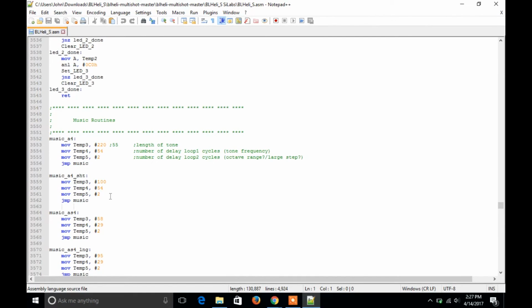Alright, so now I've jumped up here to line 3547 in the code, and these are the music routines. There are comments in here for these registers, the temp 3, temp 4, temp 5: the length of the tone, the number of delay loops, so basically the frequency, and then the octave or range. These different routines are the notes that you can call from one of the routines at the bottom that actually plays the song. So this is an A, and